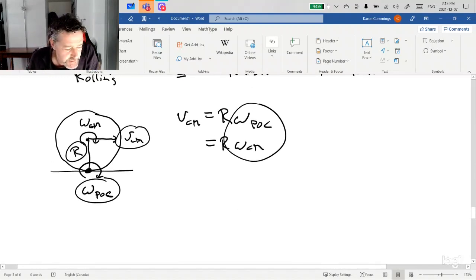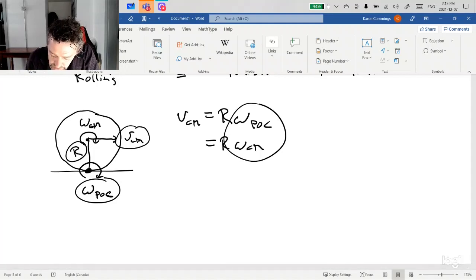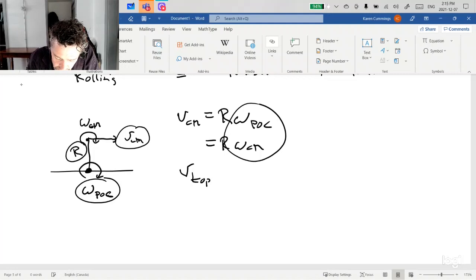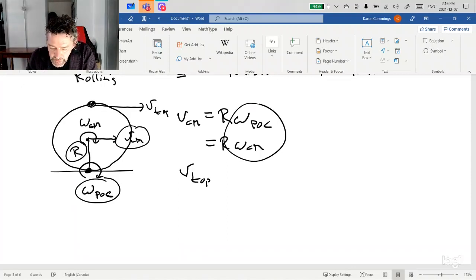Anyways, so that was essentially that question. Oh, wait a minute, and then also v at the top. Let's look at the velocity of this point at the top. Oops, I erased my wheel. What's the velocity of this point at the top? Well, the velocity of the point at the top,